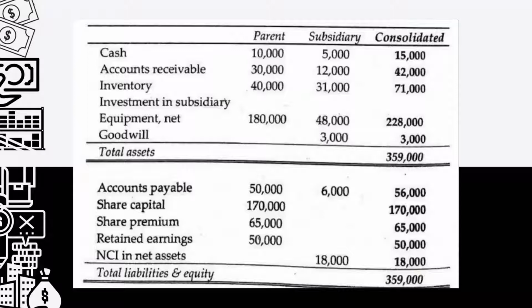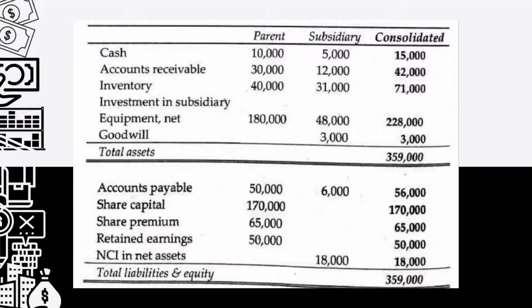Accounts payable is 50,000, share capital 170,000, share premium of 65,000, retained earnings of 50,000. Then for the subsidiary, we have 5,000, and the total consolidated cash is 15,000. Accounts receivable consolidated, we have 42,000, inventory 71,000, investment in subsidiary none,